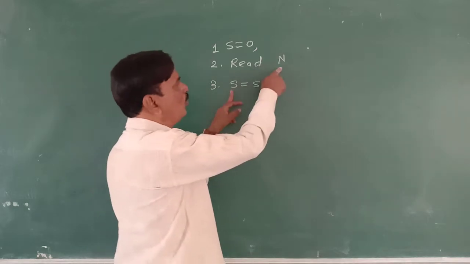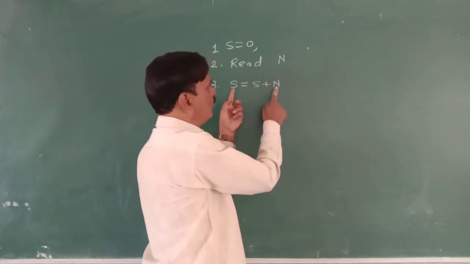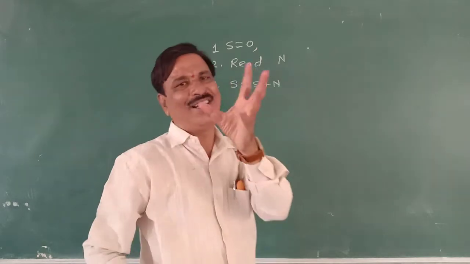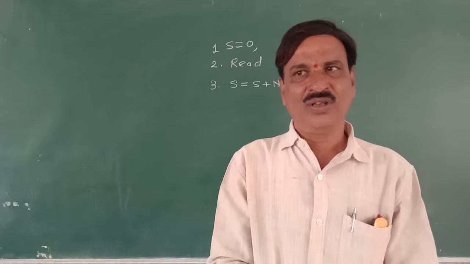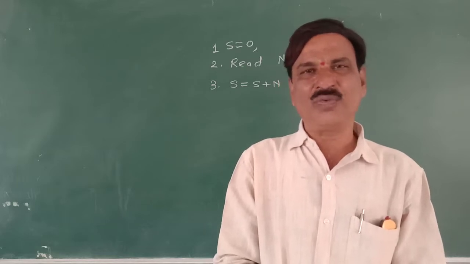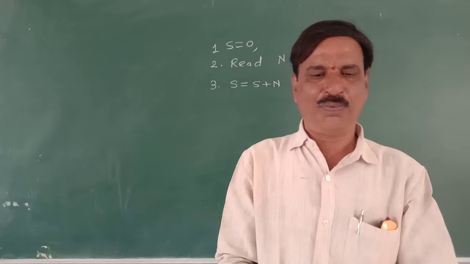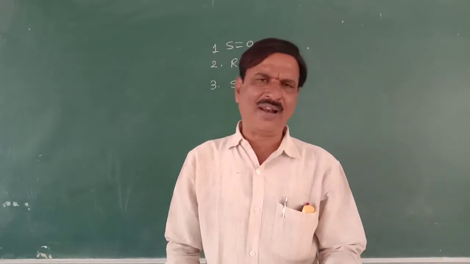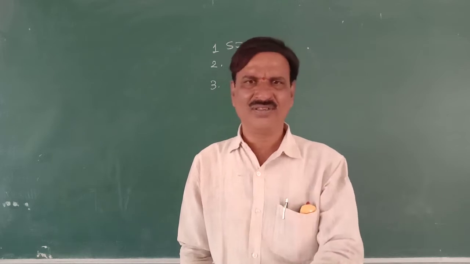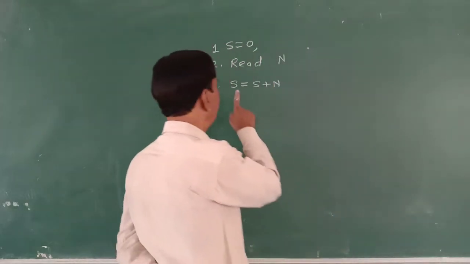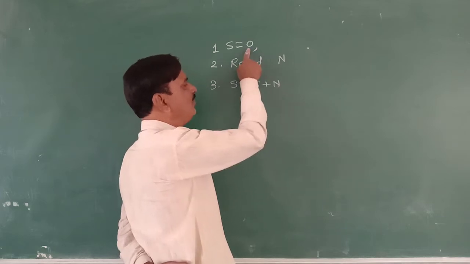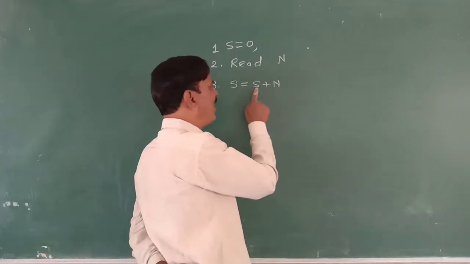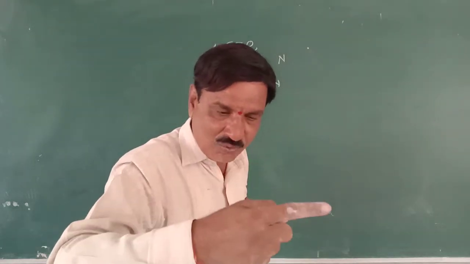But when you go to the bank for first time, your money will be added in 0 and new amount will be generated. That is balance. That's why we can say balance is equal to balance plus first deposit. When next deposit comes, second day, balance is equal to balance plus deposit. Similarly, s is equal to s plus n. If s is kept 0, first n will be added, it will become the sum. Next n will be added, that will become the sum. That's why s is equal to s plus n.